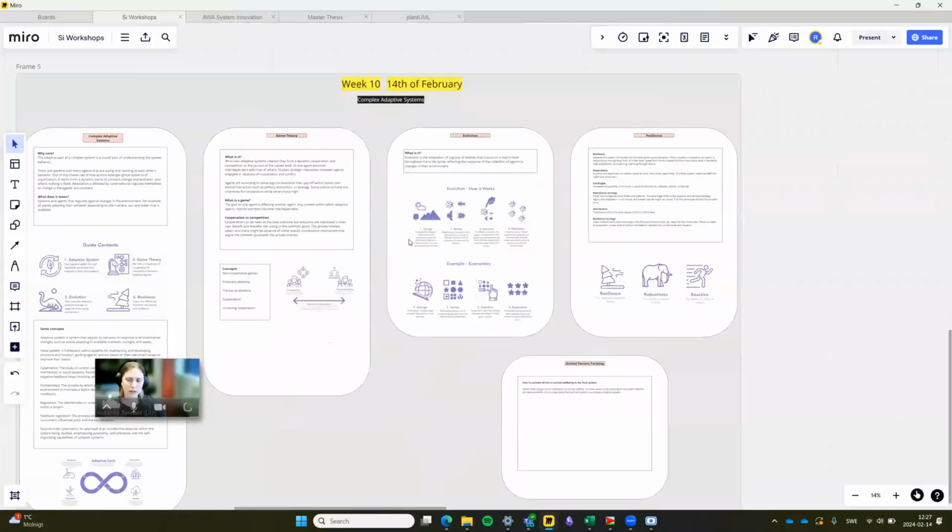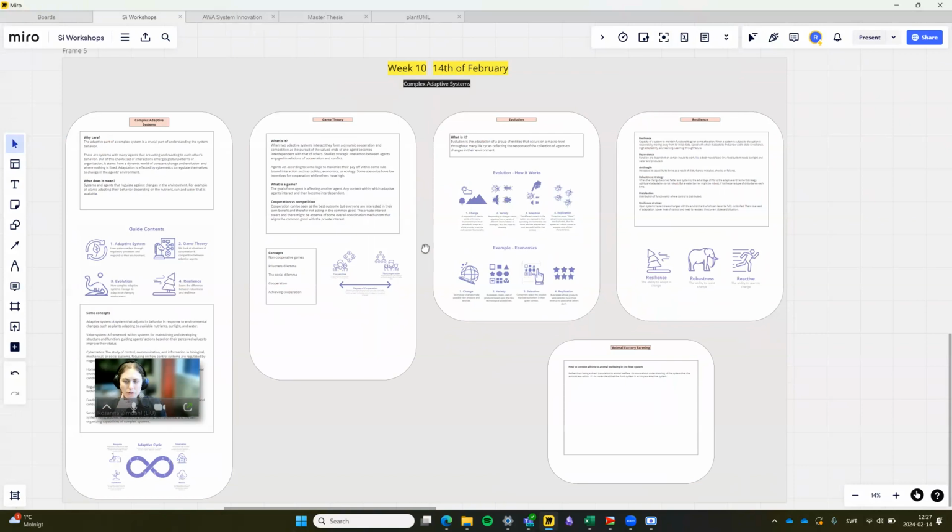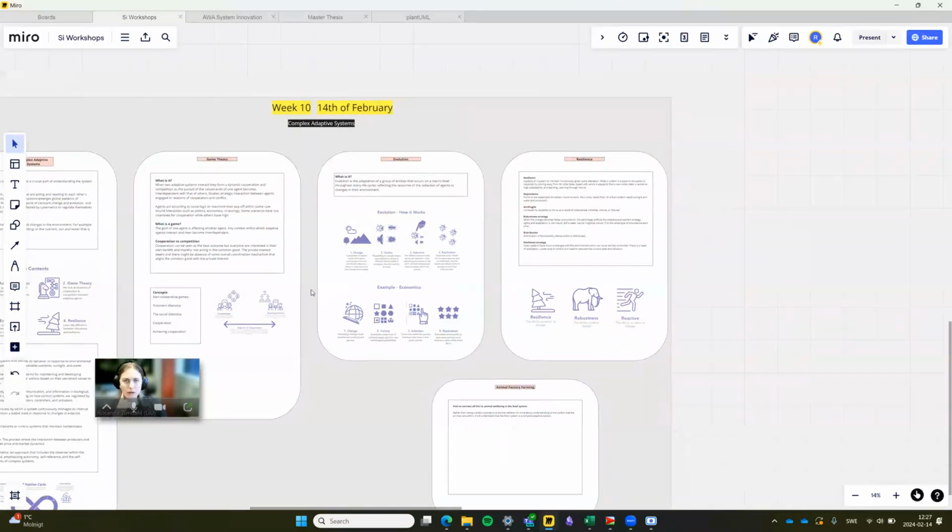And of course, I should also mention something about animal factory farming. I will talk about the food system because that is a complex adaptive system. So depending on what the consumers want, depending on which soil we have, depending on the market pricing, that will decide what the producers are producing. So there is always an interaction between many different actors in the system. And I think it can be good to understand that, not to use it directly towards animal well-being, but to use these complex adaptive systems concepts to understand the food system where animals are bred, often not in a very good way. So to be able to change that and to enable animal well-being, we need to know,